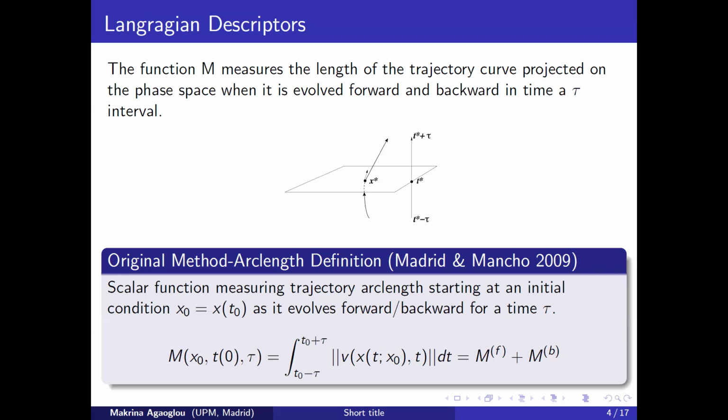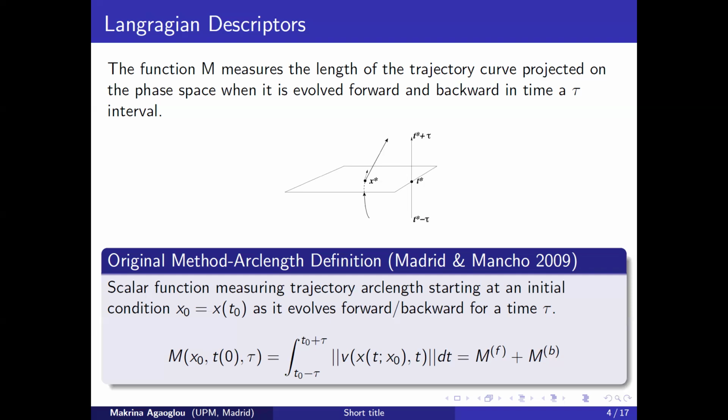But what is exactly the method of Lagrangian descriptors? It is a very simple technique to use, and it works in the following way. So imagine that we want to reveal phase space structure in a given slice. So we choose a slice and we define on this slice a grid of initial conditions. And then what we do with these initial conditions is that we integrate them forwards and backwards in time for a given time tau. And while we are integrating, we accumulate along these trajectories a positive quantity defined from the vector field that determines the dynamical system that we are studying.